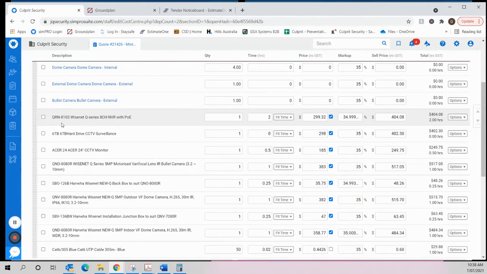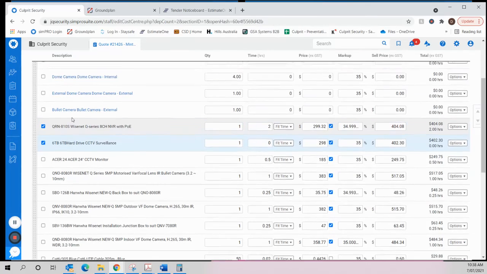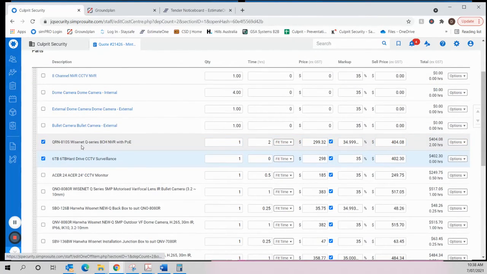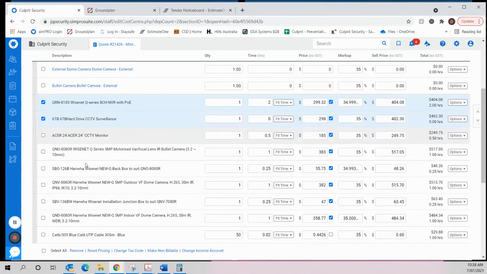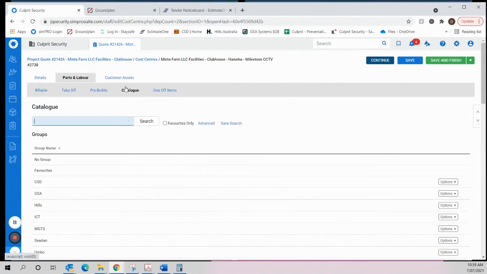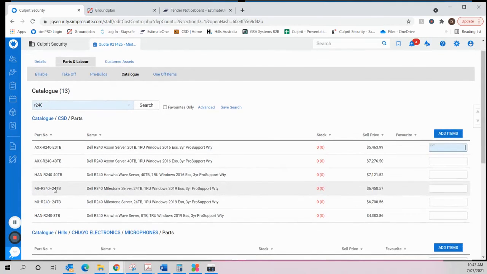Unfortunately for this one, it's not going to work like that. So I'm going to get rid of these two items just because they're not relevant here. But these items are relevant, so I'm going to keep those. So I'm just going to remove those two. I'm going to come into my catalog. So in our catalog, I know that we have a server in here that will do what we want. So this server is what I'm going to use. I believe these are the same. So I'm just going to